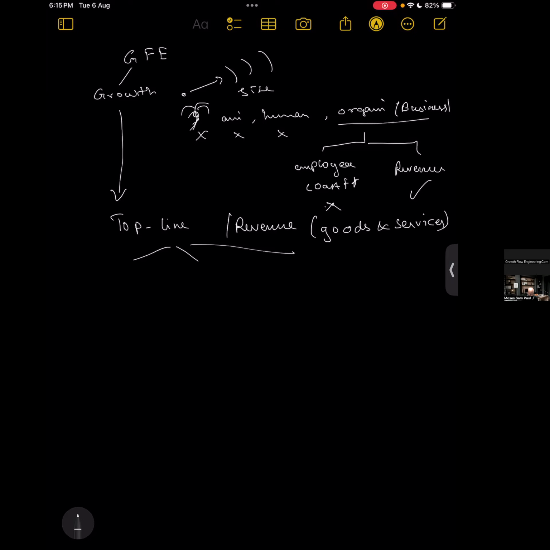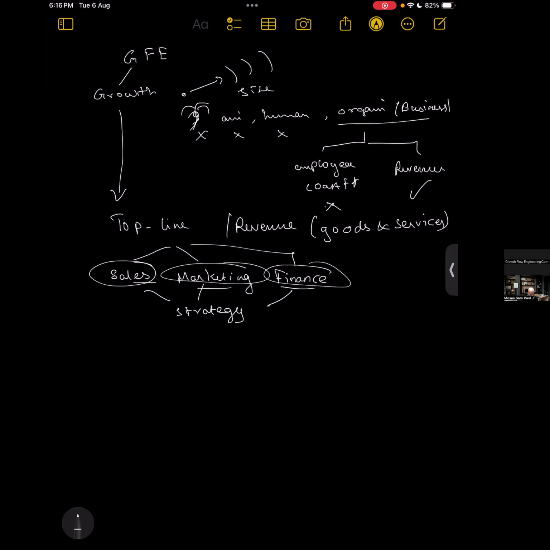So, three things are here: sales, marketing, and finance. Now, you could ask, what about strategy? Strategy is not an independent variable, it's a dependent variable on all these things. It cuts across sales, marketing, and finance also. Of course, there are operations related to executing a project, customer service, all those things, but we are not going to look into that. Again, sales, marketing, finance directly affect top line, and strategy cuts across all these things because there'll